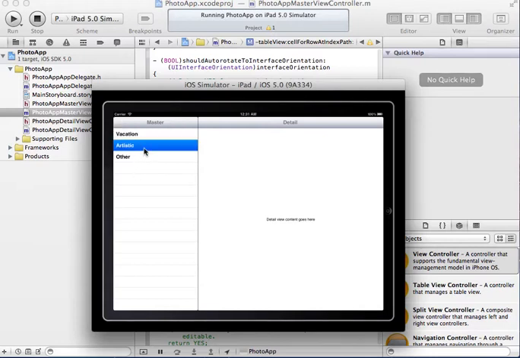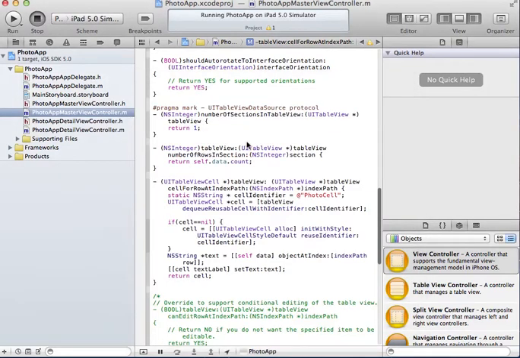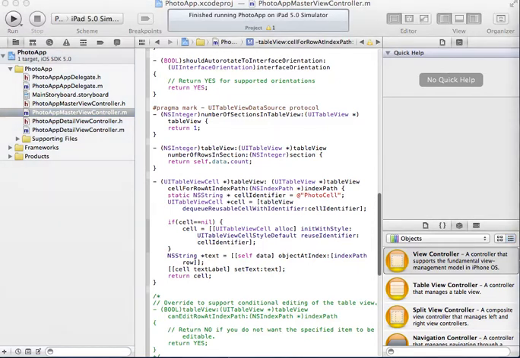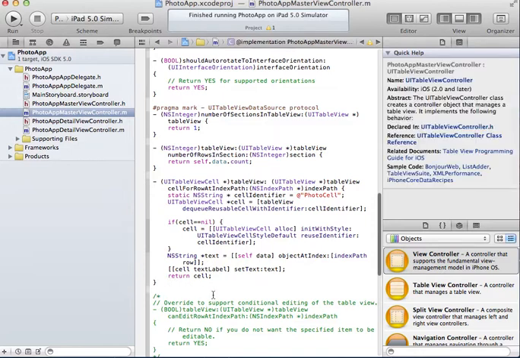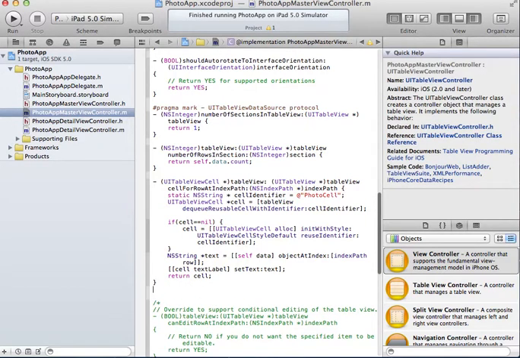So these are my 3 categories for photos. What we're going to do next is that when you click on these things, some things go here, but then we're going to change this master and this detail and all those things. Also, in a table view delegate, really quickly, we can respond to events and then update the detail view. We're going to leave that for another